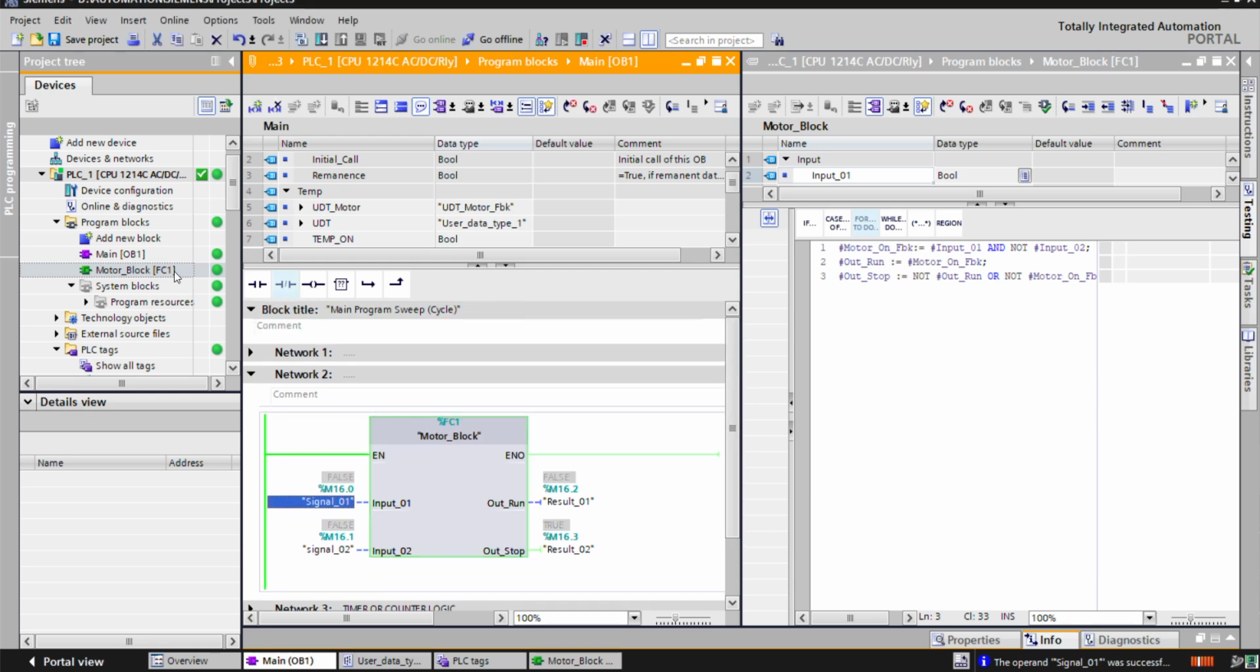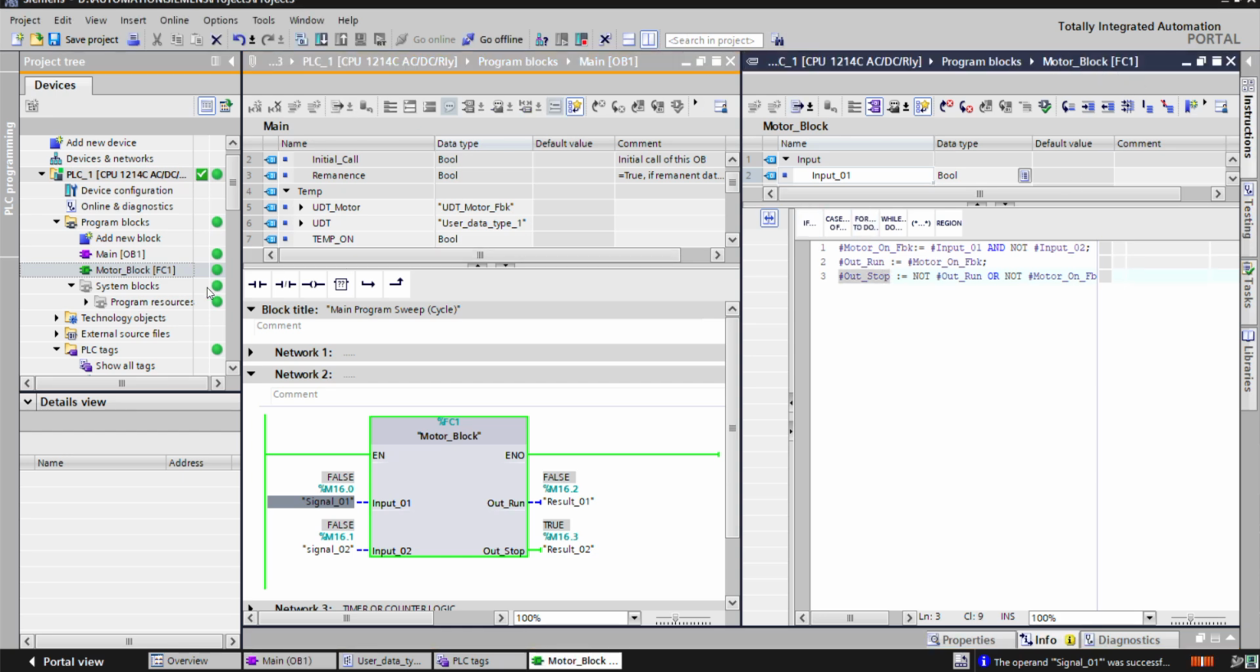First of all, I added one FC function block, and just wait. This is our FC block, the motor block, and the name is motor block. Same to same, there is a motor block and